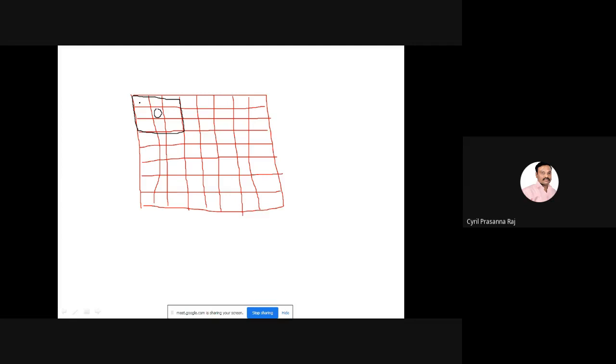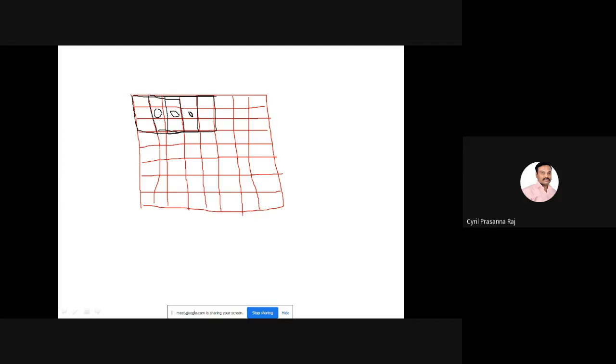I cannot identify the pixels along the first row and first column, because there is a boundary problem here. Then I will move this by one column, and you identify the next pixel here. Then again I'll move one more, 3x3, and identify the next pixel.